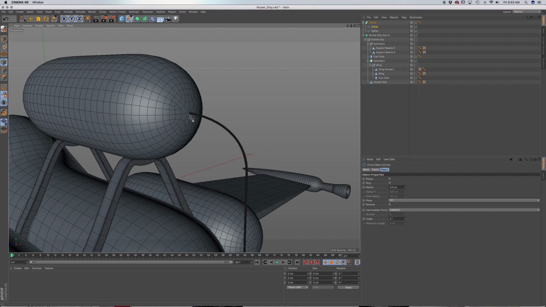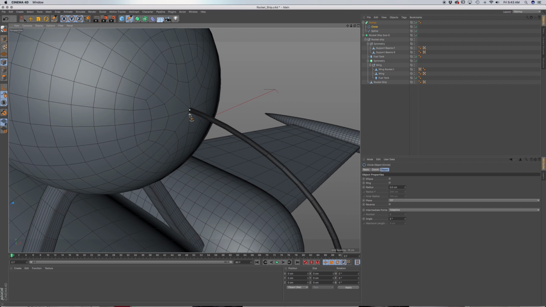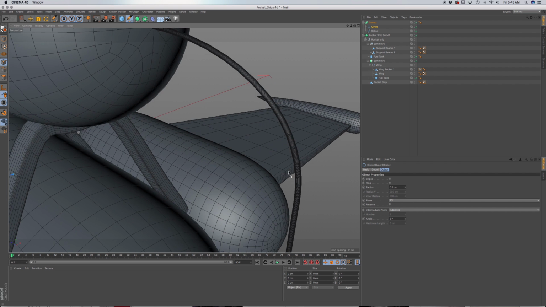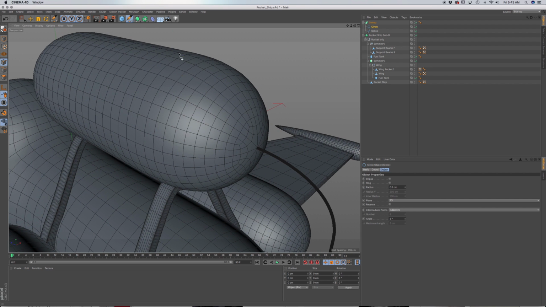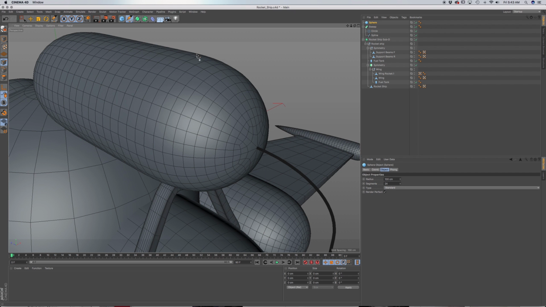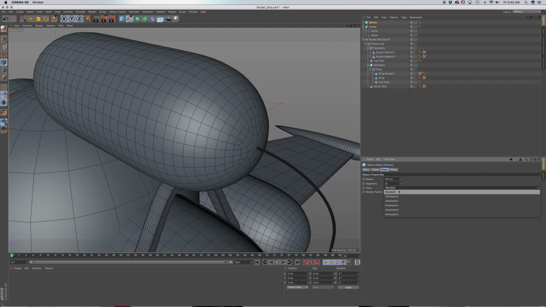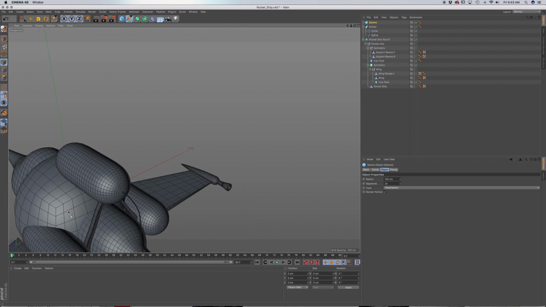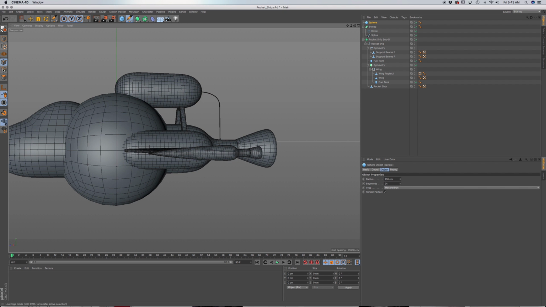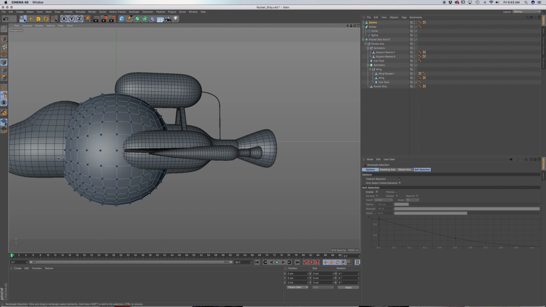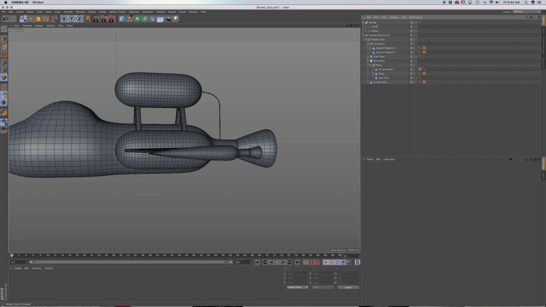Now I want some type of connector from the fuel tank to our main rocket. So there's a couple different ways. I mean, you could use a sphere and then go to maybe a hexahedron and then cut this point. If you make it editable, you could select all of these polygons and then delete and then rotate that around. But I think what I'm going to do is